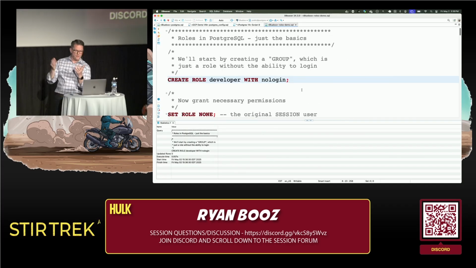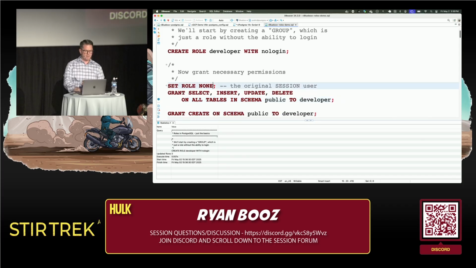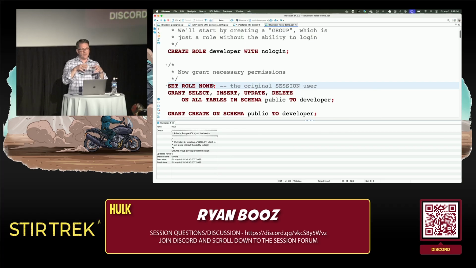So that developer role. Now, this is what I was saying. When I'm in a session, remember, I'm connected to a database as something. In this case, I'm connected as the Postgres user, which is a super user, which I told you never to do. But for demo purposes, it just makes my life really easy. So let's pretend, shall we? Okay. So we have the developer role. Now, anytime I say set none, that resets the current session to whatever role I connected as.